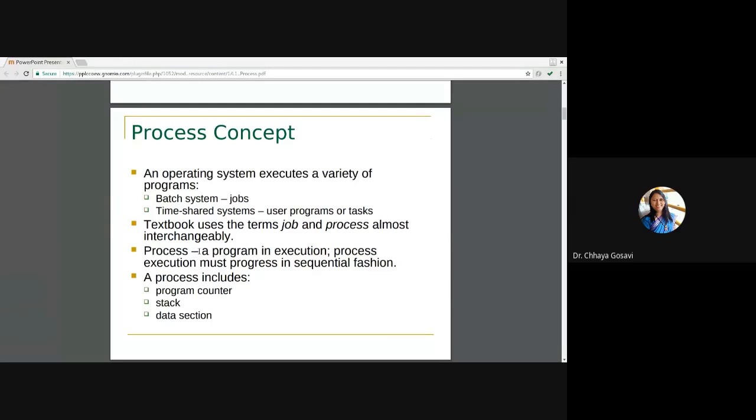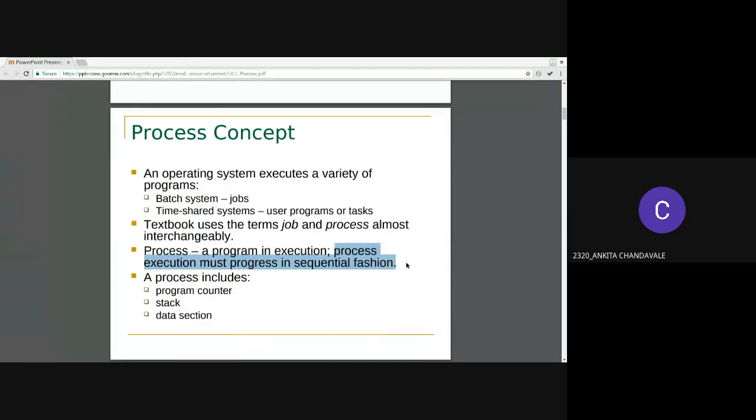Process, as rightly said, is a program in execution. A process's execution must progress in sequential fashion, meaning that when a process is executing, each instruction should be executed sequentially. Have you heard about the program counter, PC, in a microprocessor? What does it store?